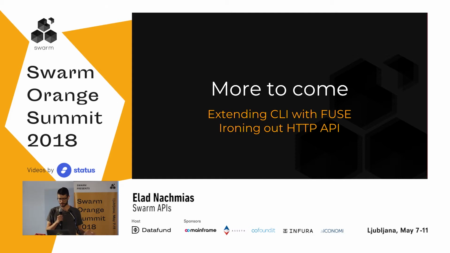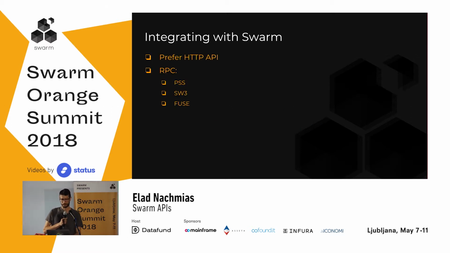And we're still ironing out some discrepancies that we have in the HTTP API, but it will be more coherent, I guess, in the upcoming weeks. So when you integrate with Swarm, you should prefer the HTTP API, for sure, for the basic I/O when you get and put content on Swarm. But for sure the RPC API is also available for whatever needs you have. PSS is right now supported only through RPC, and